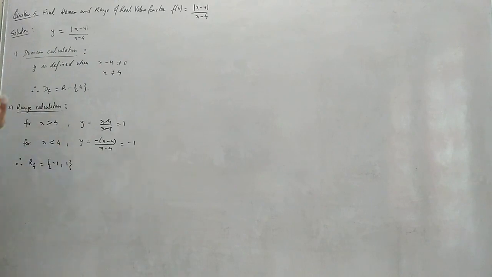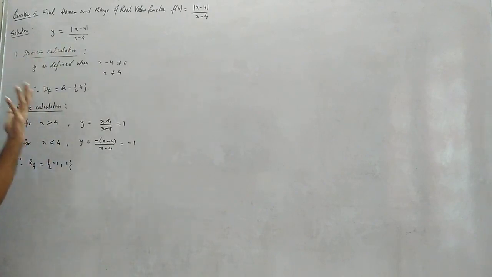Removing mod has a particular way. There is a special way to remove the modulus. That way we will learn here. But I need to explain to you when to remove mod and when not to remove mod. When we require removing mod, then we will remove it. Otherwise, there is no use of removing the mod. Here, something by something, we are interested when the denominator becomes 0. That means we are interested only in the denominator part. So, do we have modulus in the denominator part? No. That means for domain calculation, there is no use of removing the mod.